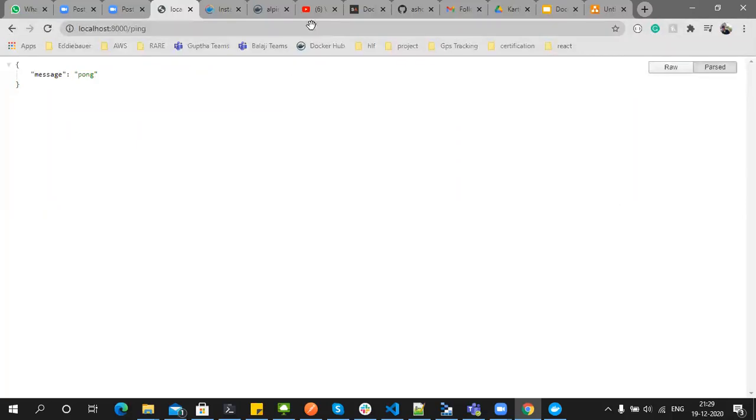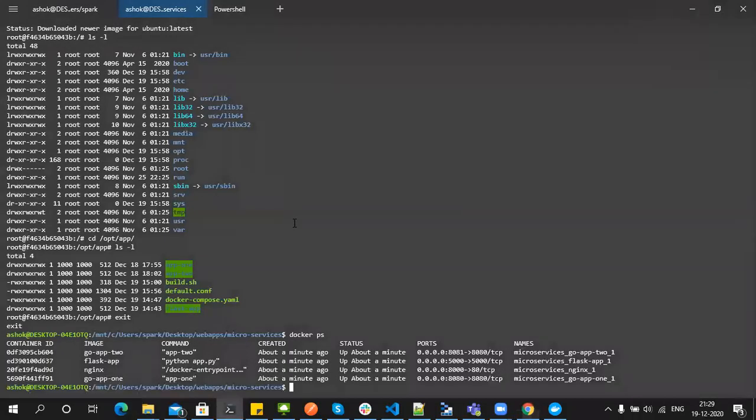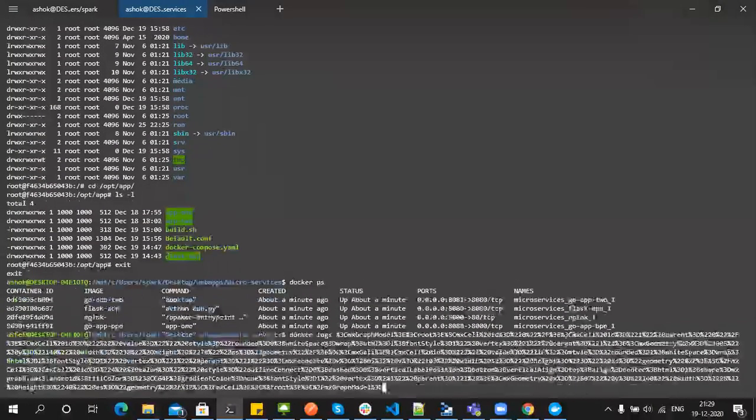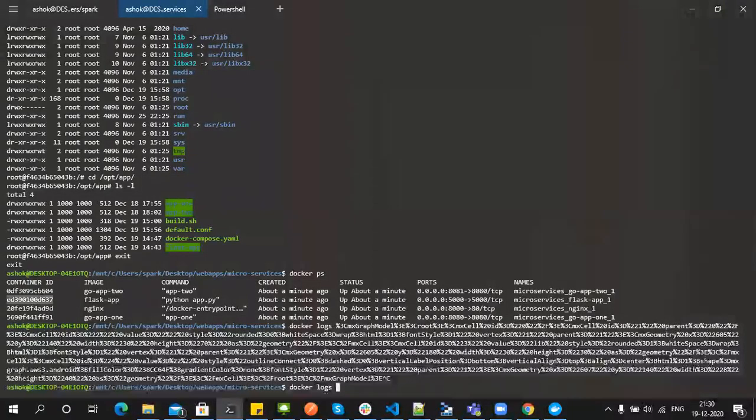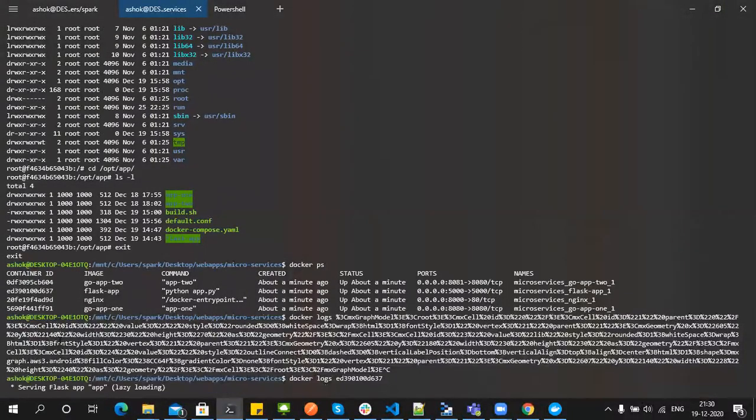If I want to enter a machine and check how the application is running and how the logs are working, I use docker logs. I want to see my Python application log. Just copy the container ID, run docker logs and paste it here.